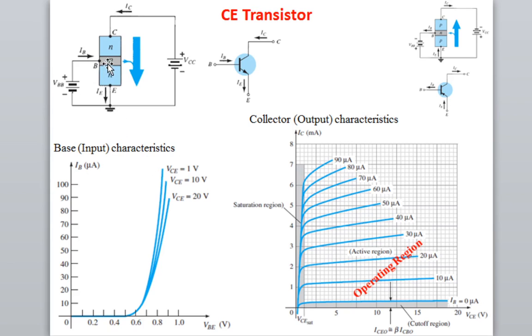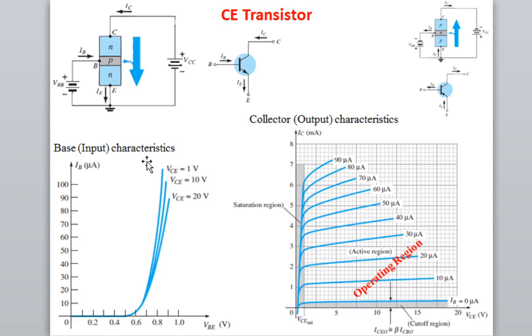We know that there is a depletion region, a depletion layer, at the base emitter junction. The base emitter voltage can be changed by changing the voltage VBB, and the collector emitter voltage can be changed by changing VCC. We know that when a PN junction diode is in forward bias, current will not flow if the applied voltage is less than the contact voltage or knee voltage. That is why for this VBB or VBE, when VBE is less than 0.6 volt there is no current, but after 0.6 volt you observe increasing current.